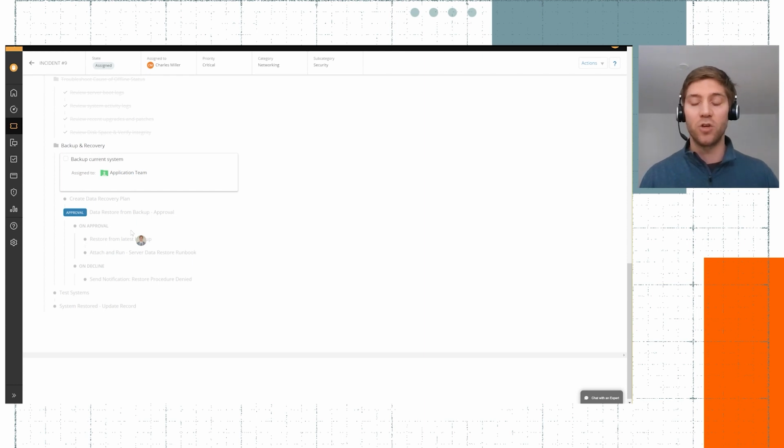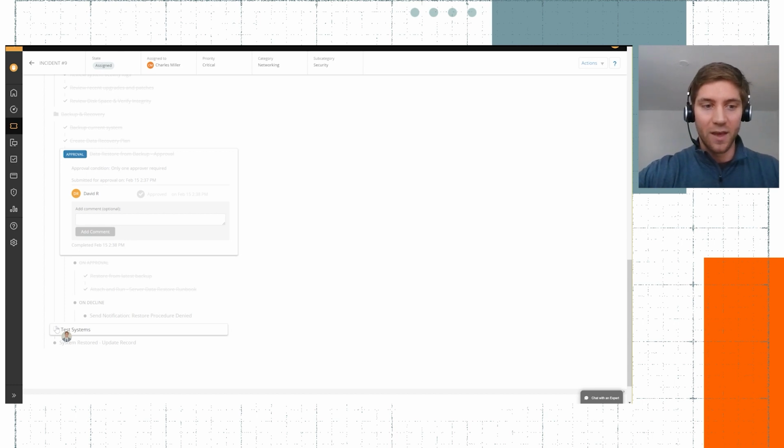So especially in those situations where it's not Charles or it's not David who can take all the necessary actions, we can define the run book to send it to the appropriate teams or the appropriate people that need to take those actions and have that cross collaboration between those different groups and individuals to, again, make sure that we can get everything done quickly and get this service restored as fast as possible.